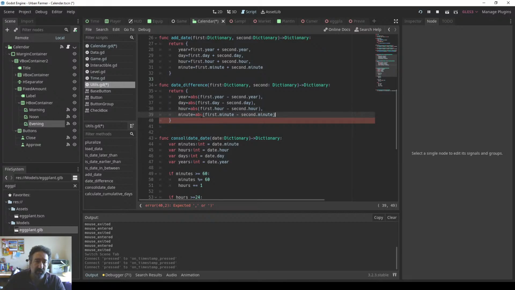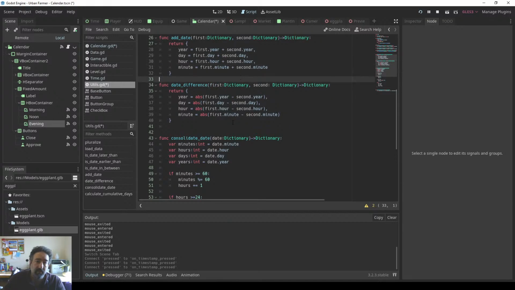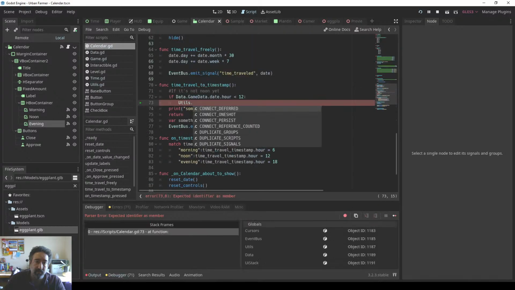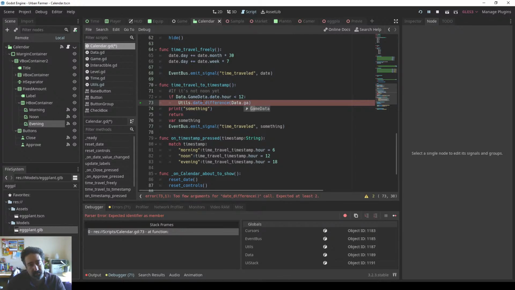I also want to write this better. Humans will read this. That is done. Now, date difference is going to take the game data, date value, and